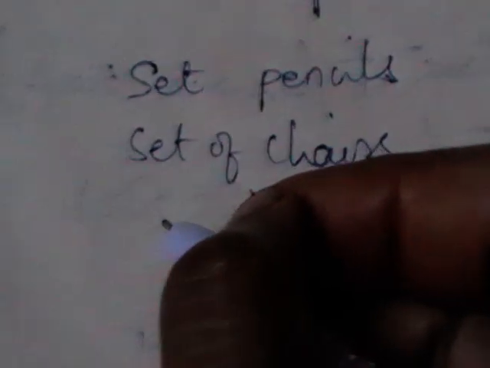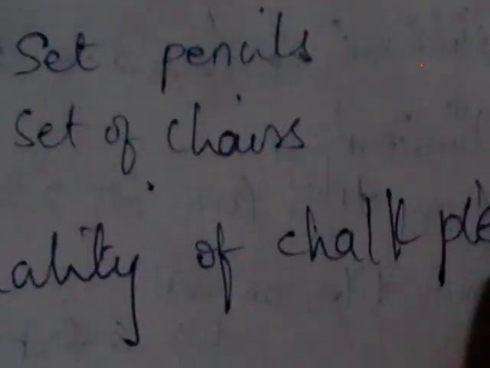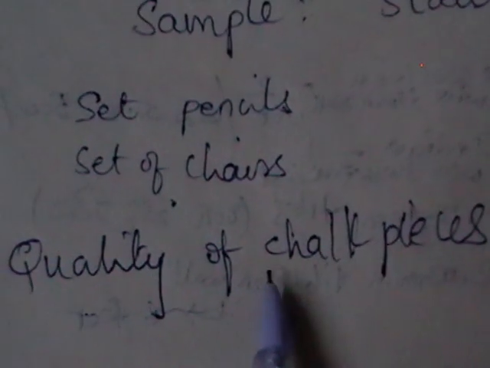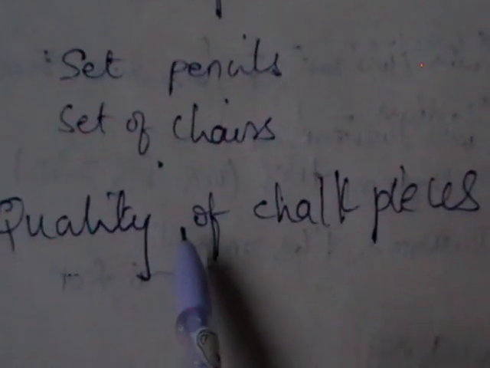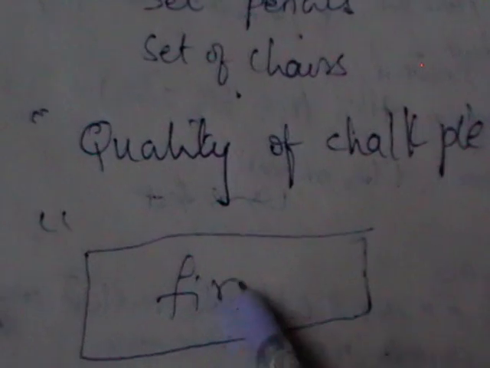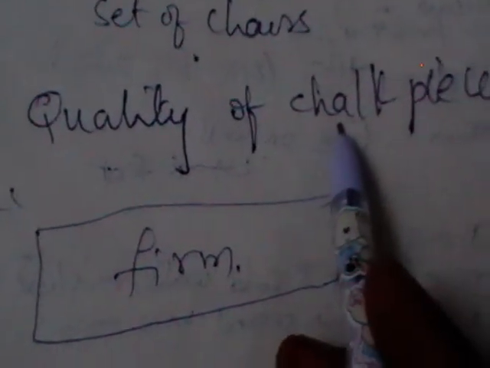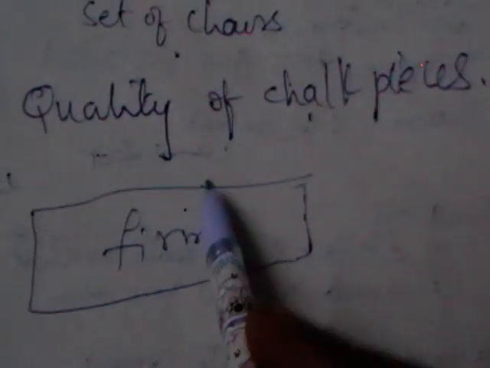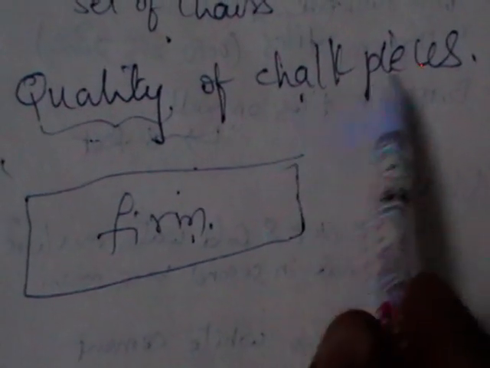So let us see why. I'll give you an example for this. If you want to test the quality of chalk pieces before buying or before using it, if you want to check the quality of chalk pieces, then the entire chalk pieces in that shop or in that firm becomes the population there. There the chalk pieces are not living things, they are inanimates. There, for our purpose of checking the quality, the population under study is nothing but all the chalk pieces.